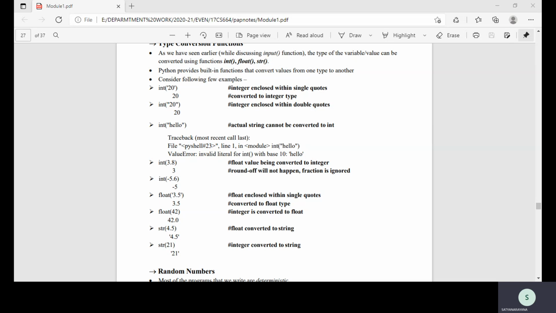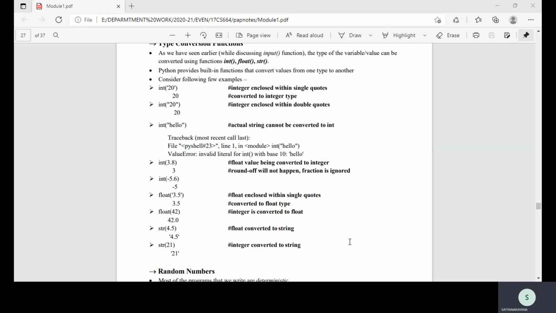Now let us check once again type of x, right? See, when I convert, only the value is converted, but the actual class remains the same, because at the time of assignment I have taken this. So like this, if you want to do the type conversion, you can do it using the particular data type to which you want to convert.